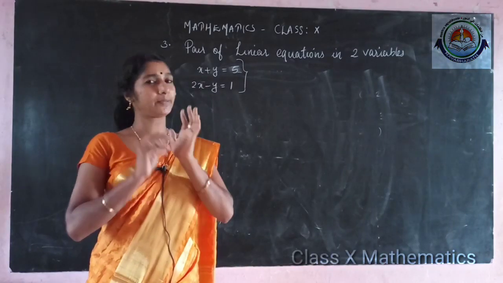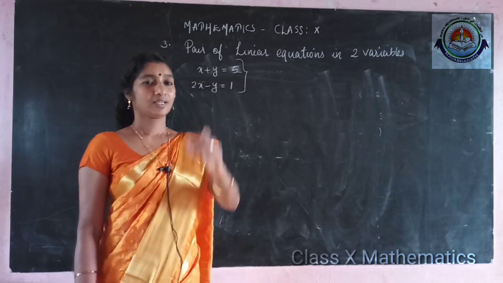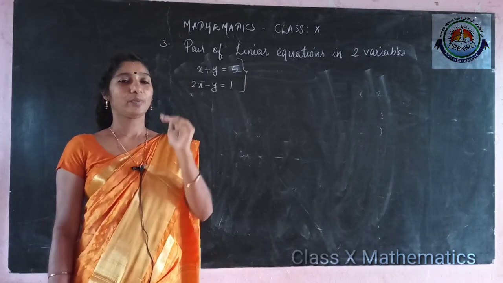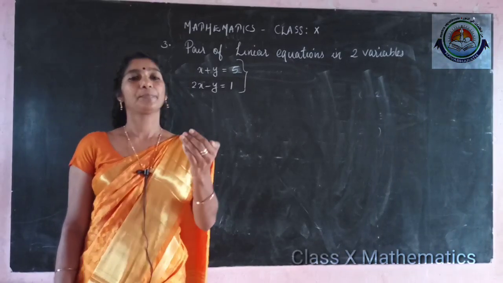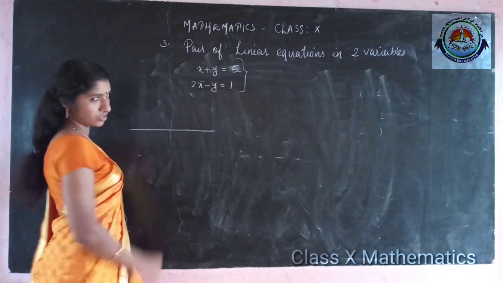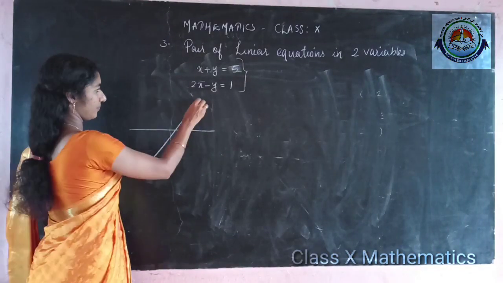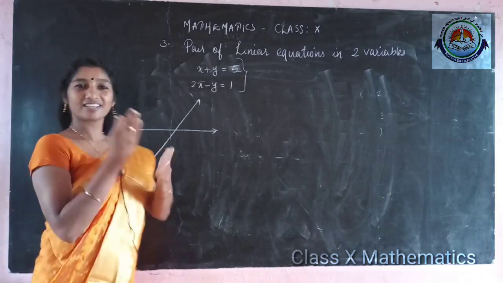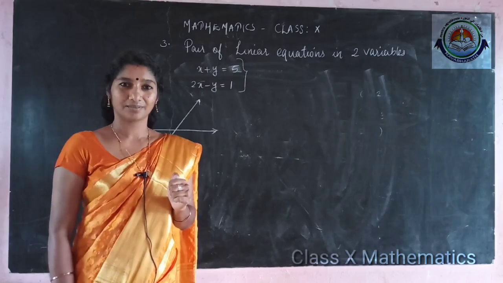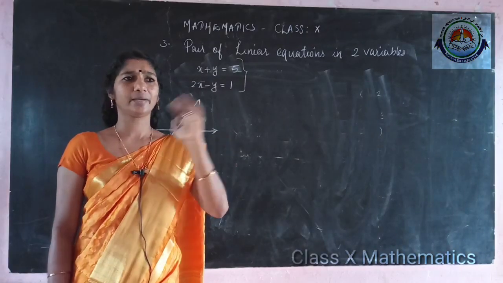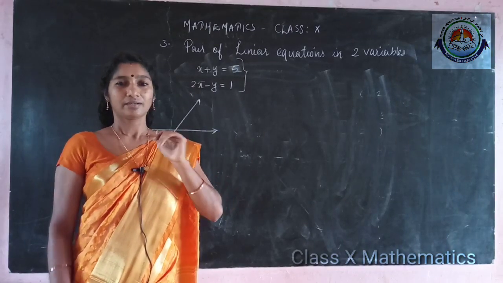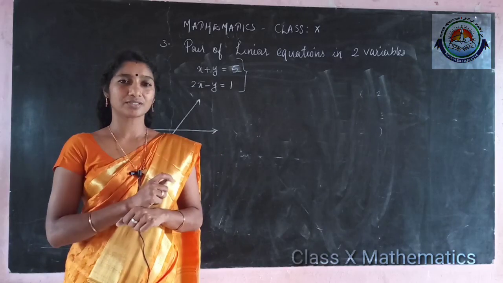How many ways can you keep the two straight lines? See, these two equations mean we are getting two straight lines. How many ways can we keep those straight lines? Yes, one way, like, see, this is one straight line, another straight line. Means they are intersecting each other, they are touching each other, they are crossing each other, they are meeting each other. Like this we can. How many points will they meet? I am giving you two straight lines. Take 2 pens. How many points will they meet?